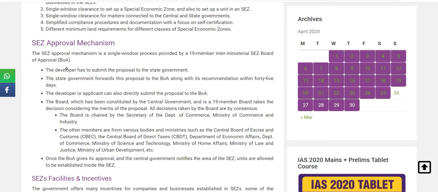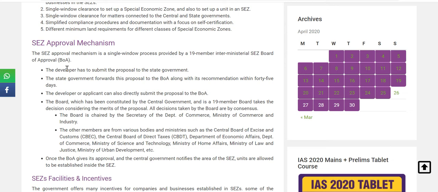It is a 19-member board. Within 45 days, the state government has to forward the proposal, or the developer can directly submit the proposal to the board of approval. This board is constituted by the central government. Considering all the merits, all decisions taken by the board are by consensus, and the board is chaired by the Secretary of the Department of Commerce of the Ministry of Commerce, and it also has members